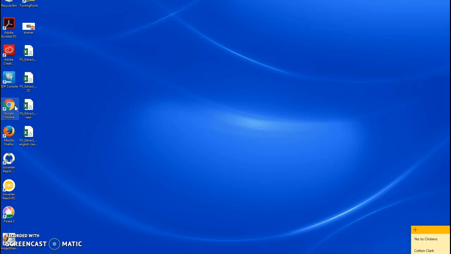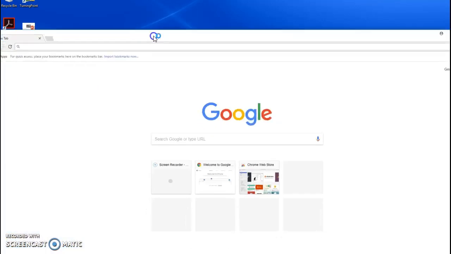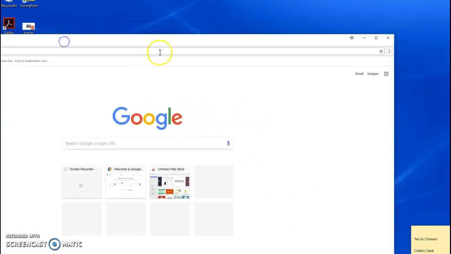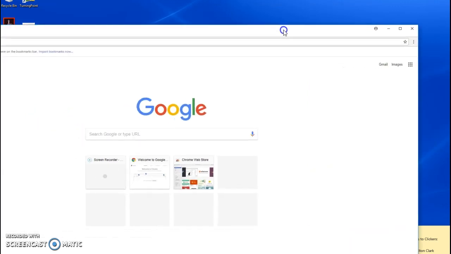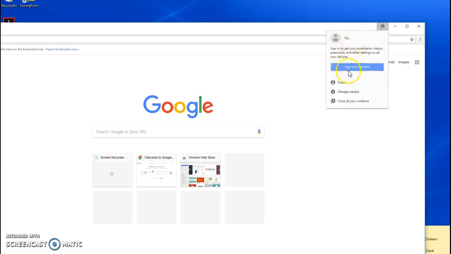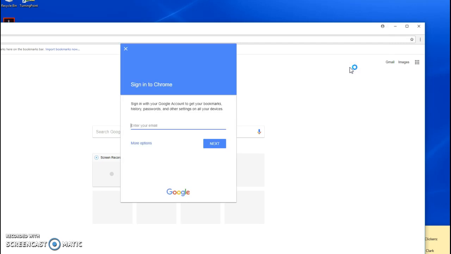This is the browser icon for Google Chrome. I'm going to double click on it. When I open up the page, I see the Google search page. In the top right corner of my page, there is a person symbol. If I click on that person and then I click sign into Chrome, then I'm going to enter my ISD